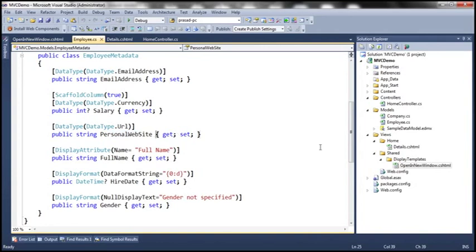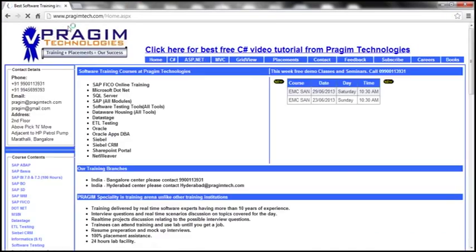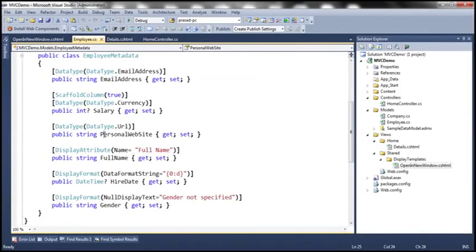But then we want to tell MVC, especially for this property, to make use of this display template. And how do we tell that? By using UIHint. But without using that UIHint attribute, let's actually refresh this view, and then let's click on this one. Notice that it opens in the same window,